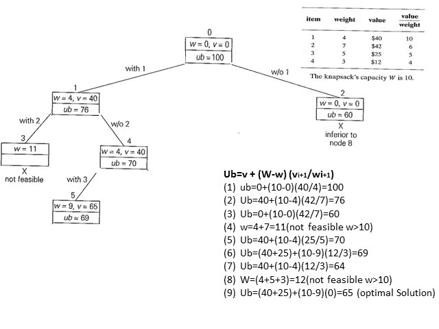Now we will check without 3, that is on the right side. Without 3 means we have excluded the second one, and we are trying to exclude the third one also. So we are adding only the first element. W is equal to 4 and V is obviously the value of the first item, which is equal to 40. Now if we cannot add the second and third item, the next item will be the fourth one. So it is 10 minus 4 into 12 divided by 3, which is equal to 64. That is the sixth node.